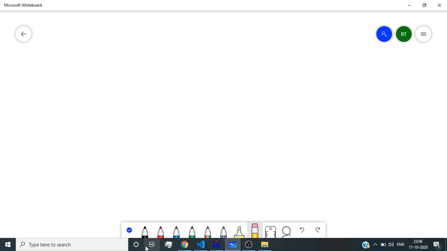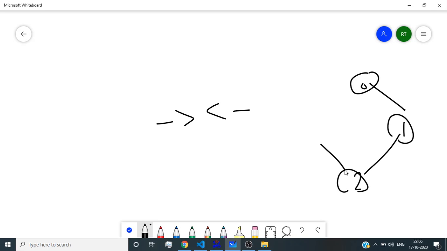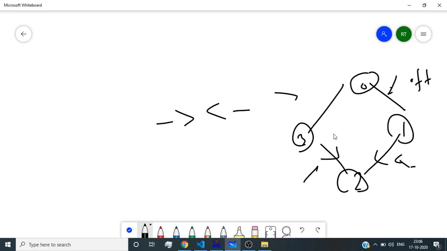So let's say in the very first example we were given something like this. I'll try to make the figure of this. This would be the picture representation of the rooms. This is the first conveyor belt, second, third and fourth. They are of off state, clockwise direction state, anti-clockwise direction state, and off state. In the off state we can go from this to this, and from 1 to 0.